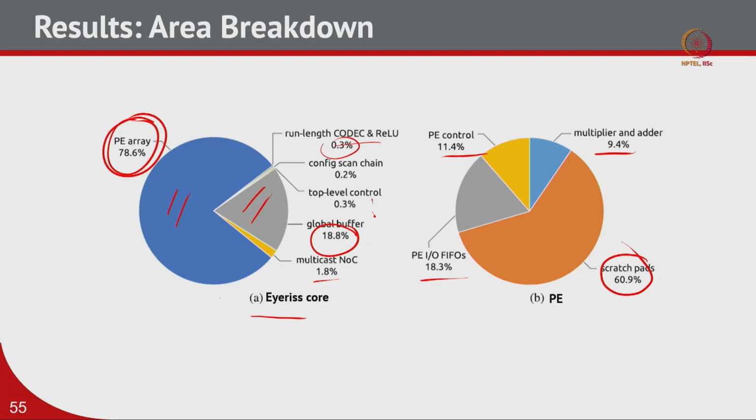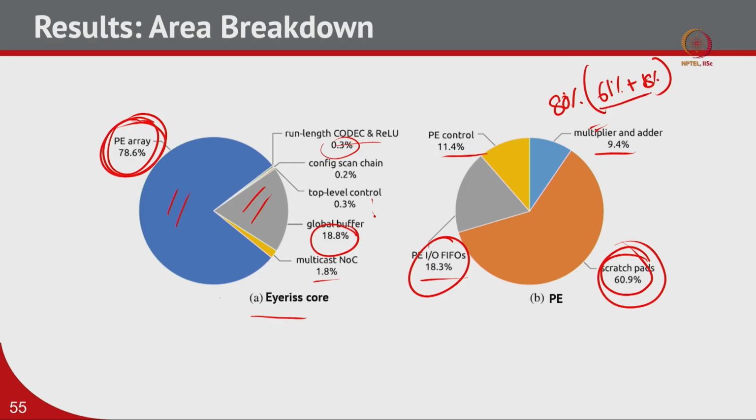From here you can say that the PE is taking 80% of the area, but inside PE 60% is taken by scratchpad and 18% is taken by FIFO, right. So, 80% is PE, but then out of that 80%, 61% is taken by scratchpad and then 18% is taken by the FIFO, right. So, that is another 80%, correct. So, 80% of 80% is 64%. So, 64% of the total area is taken by the